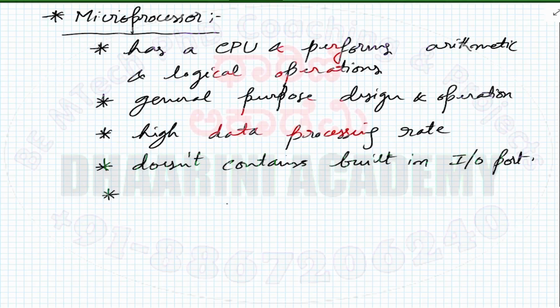Because it is general, the manufacturer doesn't know where it is going to be implemented. The manufacturer will not give every other peripheral with this. Only one chip will come, you need to interface. So that's a problem with this. So I'm going to call this a dependent unit,